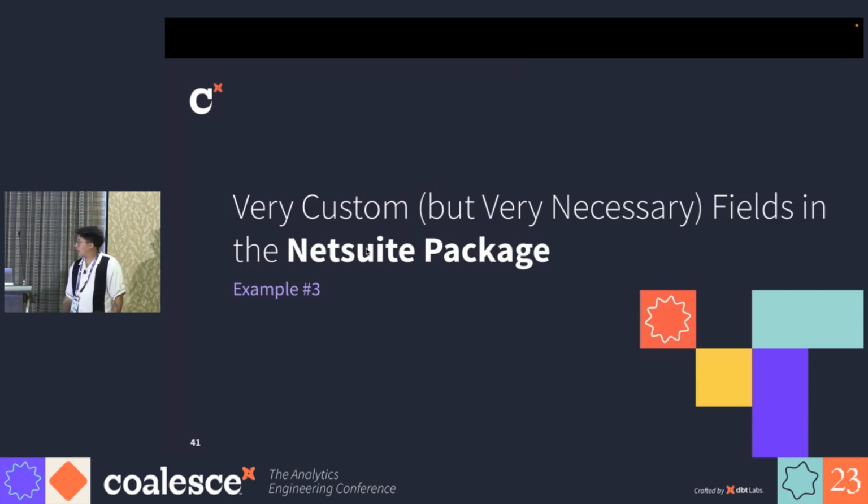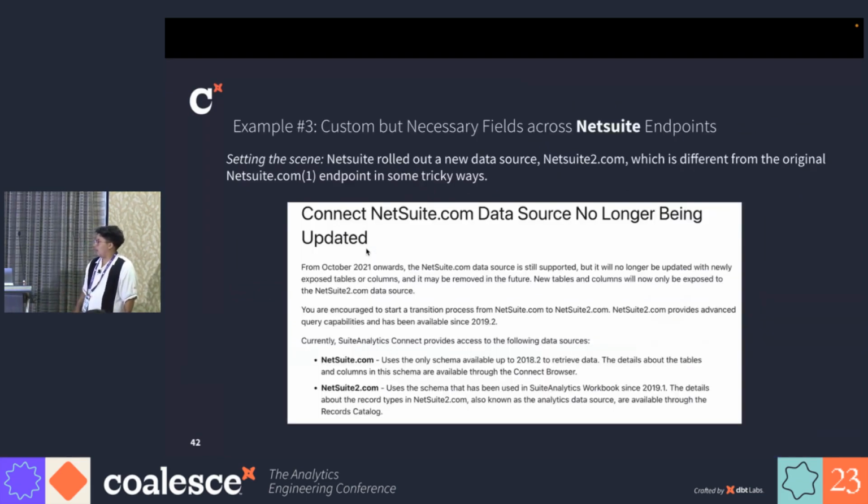Cool. So for our last example, we'll be talking about very custom but very necessary fields in NetSuite. It's a bit more of a case study. So I'll set the scene a little bit for those of you who are lucky enough to not know about this. Sorry, just kidding if there's any Oracle people in the crowd. But